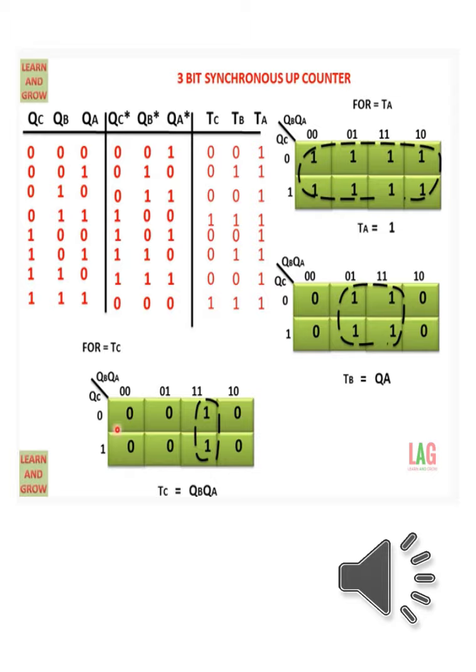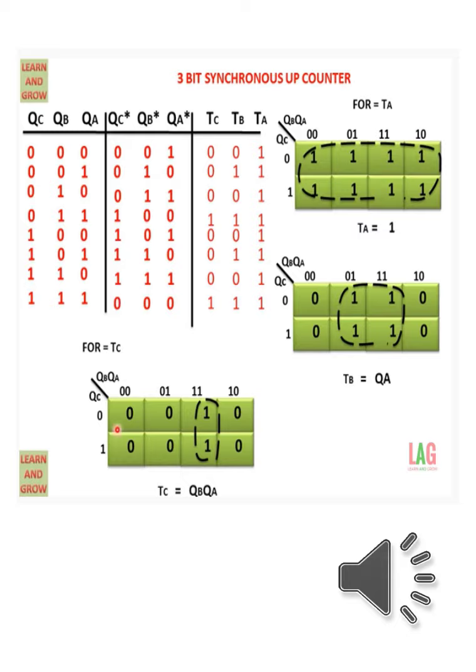1, 0, 1 is the present state. Then what is the next state? 1, 1, 0. 1, 1, 0 is the present state. Now what is the next state? 1, 1, 1. 1, 1, 1 is the present state. Now what is the next state? 0, 0, 0. So an up counter means it is counting my clock pulses from 0, 1, 2, 3, 4, 5, 6,